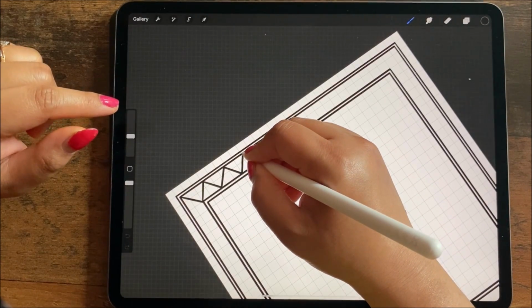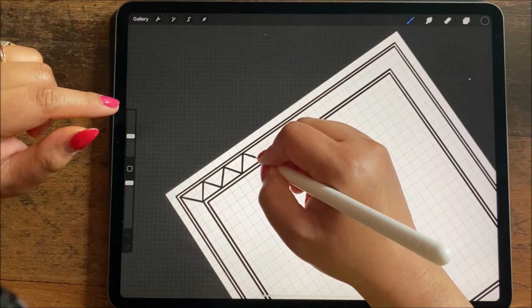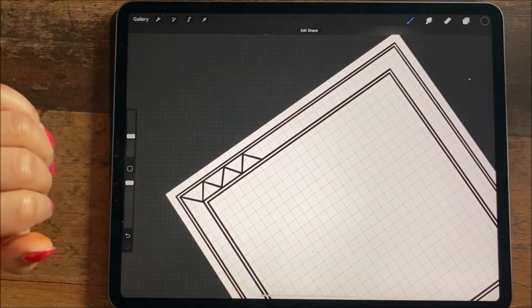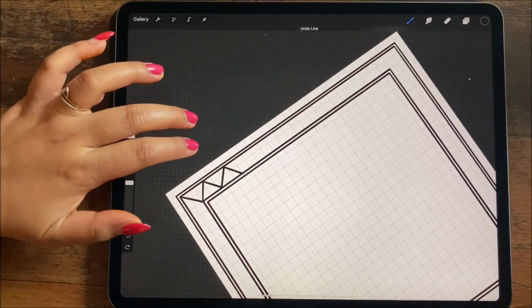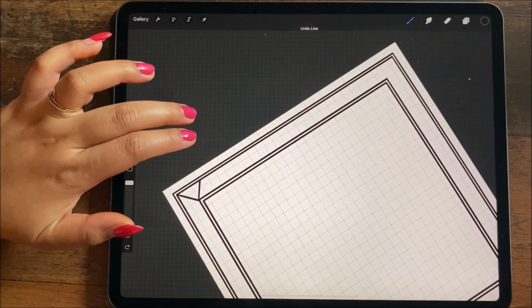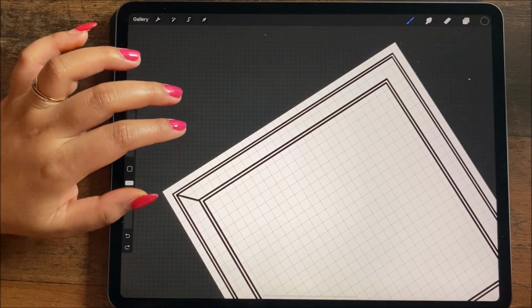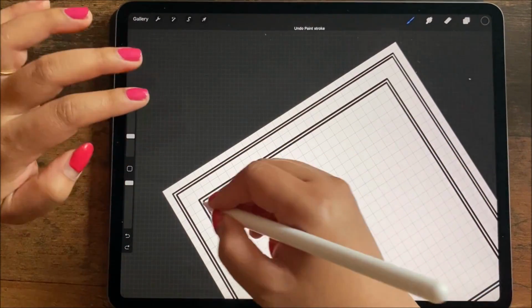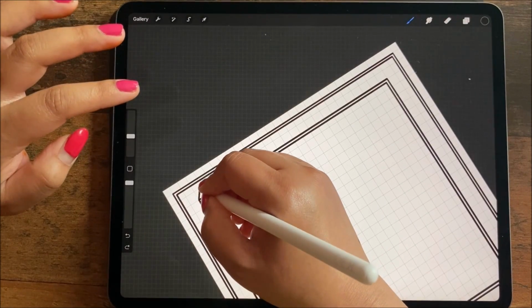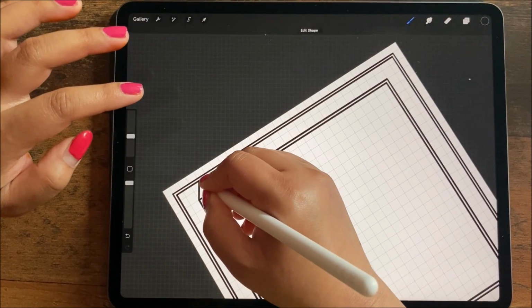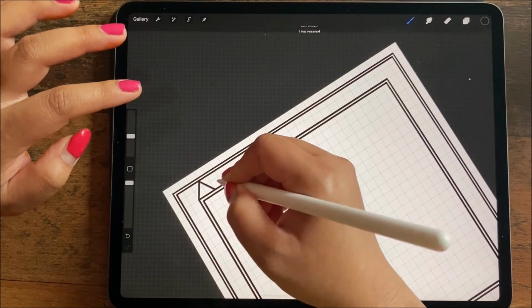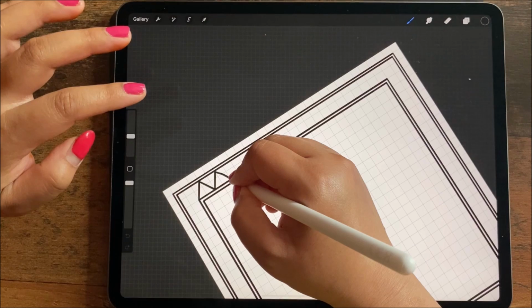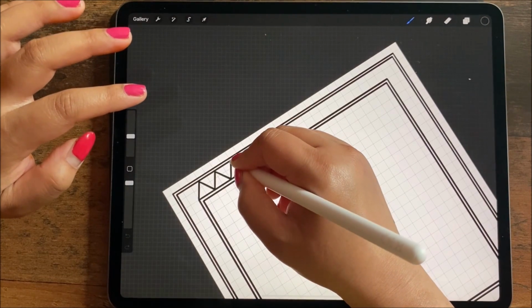Now this grid here is really helping me to draw my triangles in the perfect spot, which is not exactly how it happens when you do it on a paper, because of course there you do the freehand thing and there you don't have this grid. So of course this grid really helps me here. And yeah, as it is digital, so it is much more easier and advanced. But yeah, of course I prefer the handmade one more, but as it was requested by many of you to see how to do the digital art,